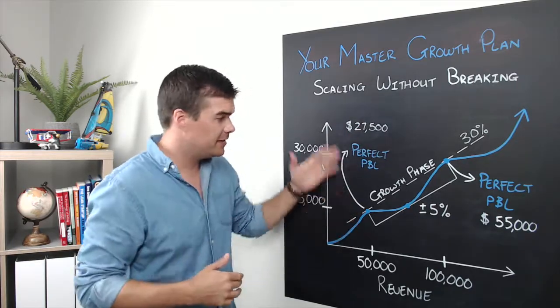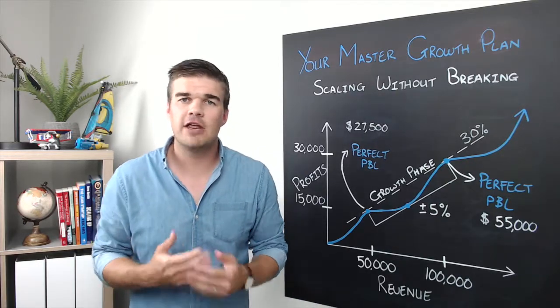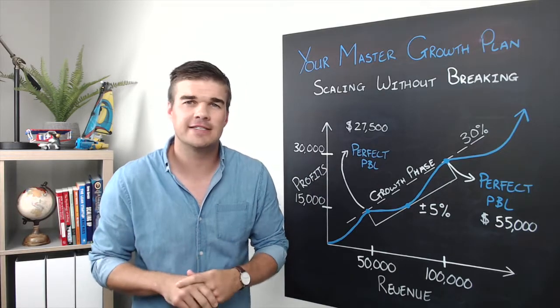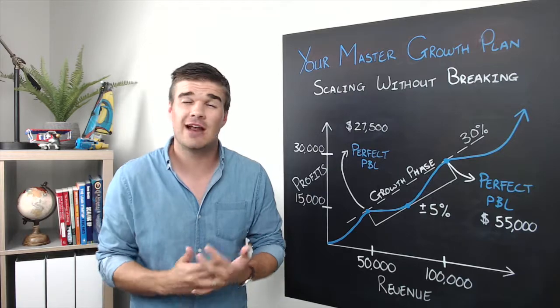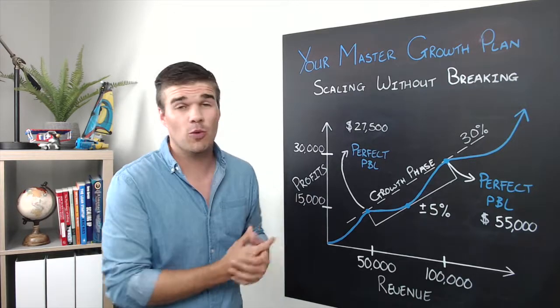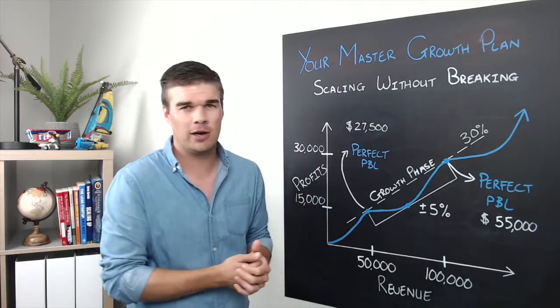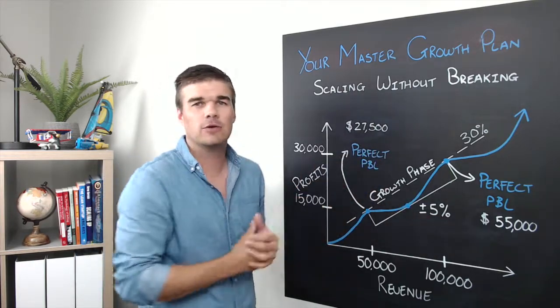So before I dive into the detail here, I'm just going to make the assumption that you have watched the video I've created on the perfect P&L, as well as the video on optimizing your finances. If you haven't watched them, the links will be below. They're about 8 minutes each, and I really suggest you watch them before you watch this, just because the information I discuss there is kind of a preface to what I'm talking about here. And I use a lot of those references to explain how to deal with your growth plan.